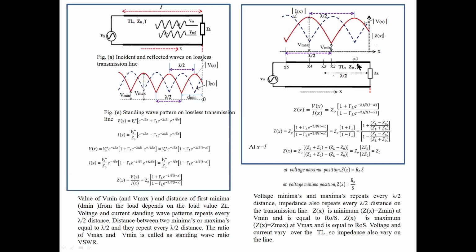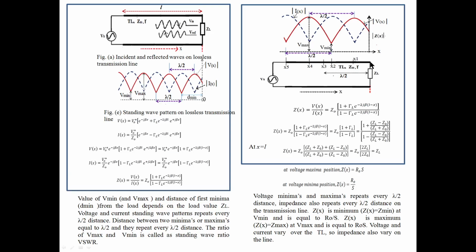And to obtain that Z maximum and Z minimum, what do we have to do? We should take the value of R naught and multiply it by S. Similarly, you should take the value of this resistance and divide it by S. We have to do that. And we also cannot get this value. What are the values here?